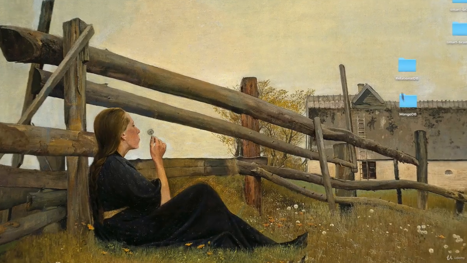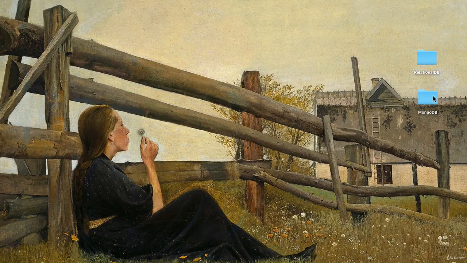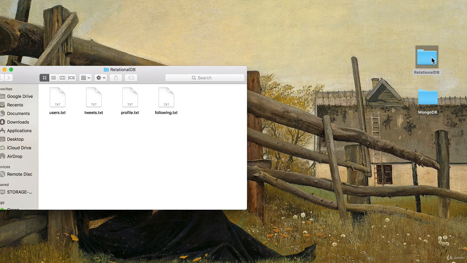I have my desktop here with two folders. One is a relational database, and here I have users, tweets, profile, following. And you can think of relational databases with this type of storage, where this folder lives somewhere on a computer that stores this information. And anytime we need to ask a database for something, well, we grab the users.